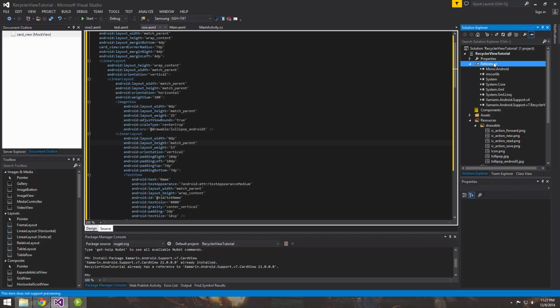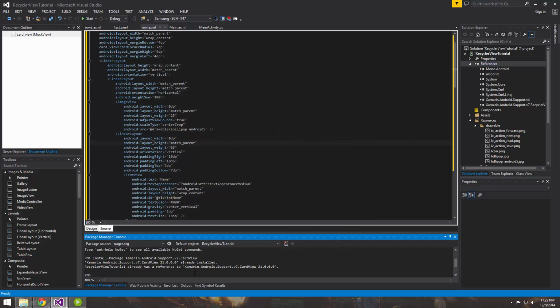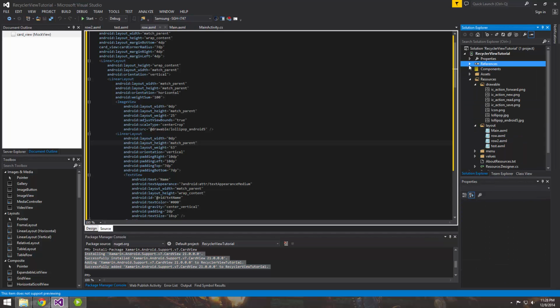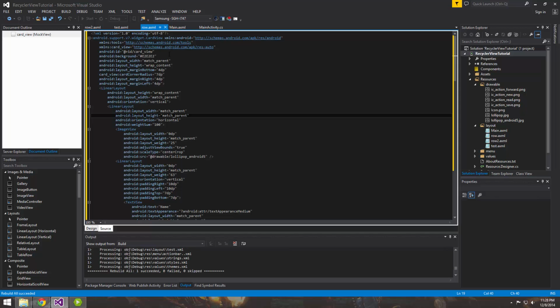So what I'm going to do is I'm going to go ahead and uninstall it and reinstall it just so that you guys can see. Alright, so that's what should happen. It should just install, and any sort of prerequisites it should install as well. Now if we look over here inside of our references tab, we can see that we have our card view, okay? So now this should build